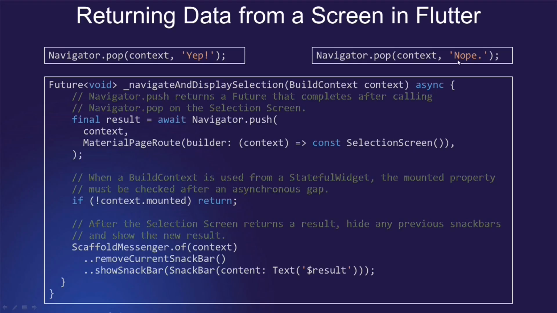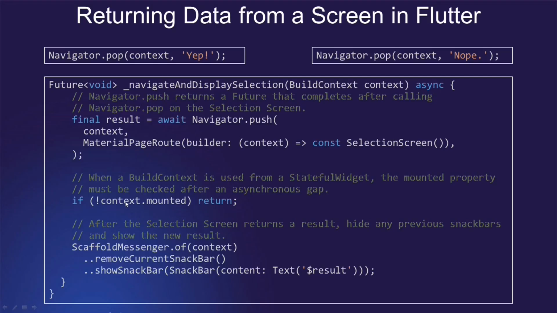So here it returns a Future. So here we define a Future method, navigateAndDisplaySelection, which is of type asynchronous. Navigator.push returns a Future that completes after calling Navigator.pop in the selection screen. So here we retrieve the result, so it is an await call. Inside that I write Navigator.push, then context, and then MaterialPageRoute with a builder which returns the selection screen or second screen. So this push method will navigate me to this selection screen, and whenever an option is selected I can retrieve that back in this Future method.